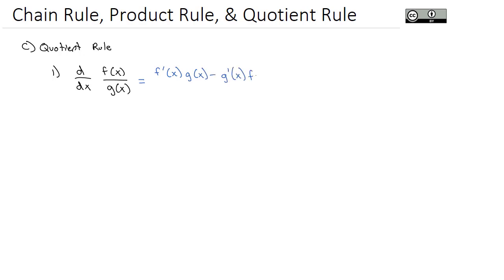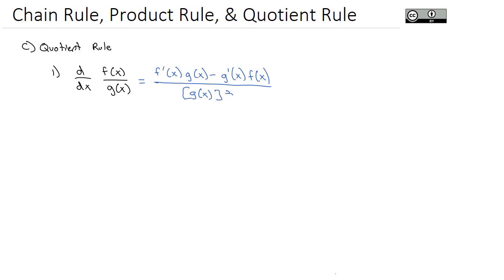After the chain rule and the product rule, the final derivative rule that we need to know is called the quotient rule. The quotient rule says if we want to take the derivative of two functions that are divided, one over the other, where x is on both top and bottom, the way we do that is we're going to take the derivative of the top times the bottom minus the derivative of the bottom times the top and divide by the bottom